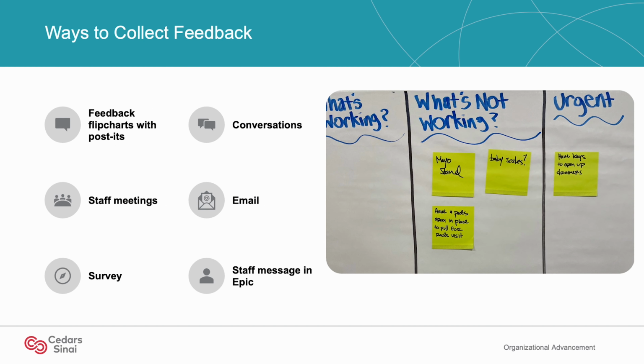There are many ways to collect feedback. You can collect feedback by putting together feedback flip charts where staff can use Post-its to write their feedback. You can also collect feedback through conversations you may have with the staff and other team members doing the work. It can also be from staff meetings, emails, surveys, and even staff messages in Epic. So from all the different ways you can collect feedback, you now need to bring all the feedback together and